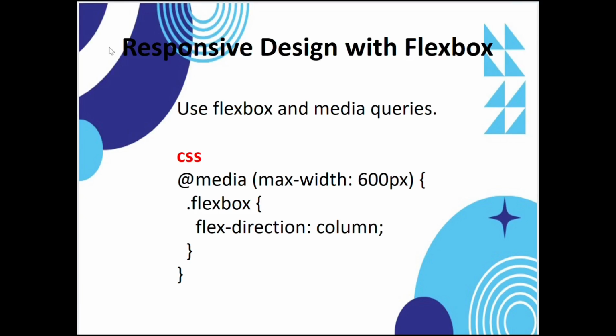Let's see the example. Here we have taken one div class, which is the parent class. In that we have taken 2 div classes, which are the children, boxes. In that we are styling the parent class, display to flex and gap to 10 pixels. Again we have taken the children div class. We have added some background color and padding and flex to 1, and now we have taken the media tag